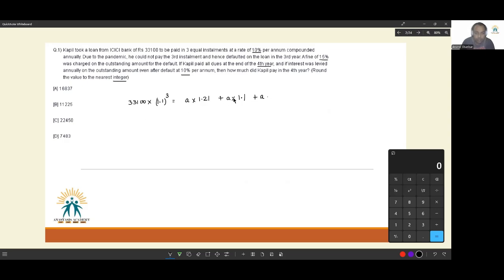This will help us get to the value of every installment. So we get 33100 into 1.331 is equal to